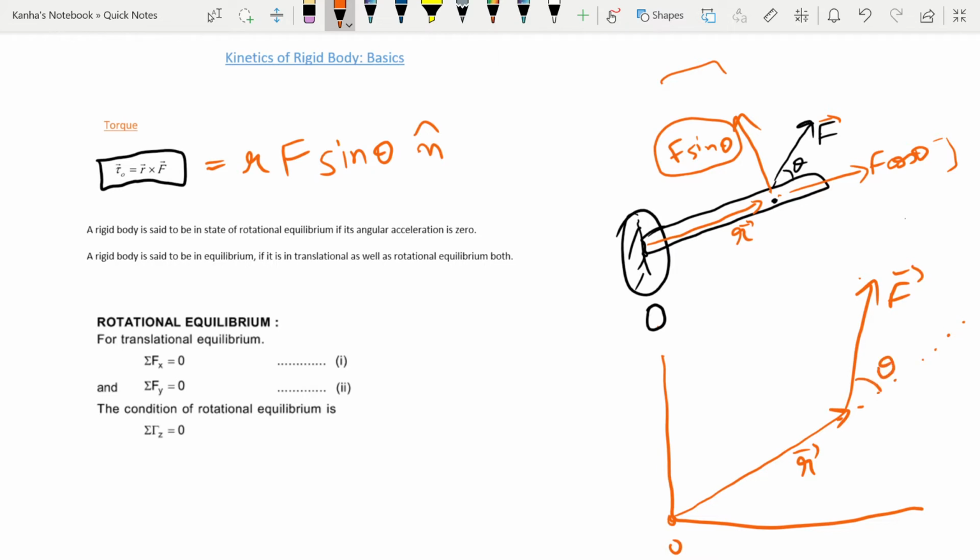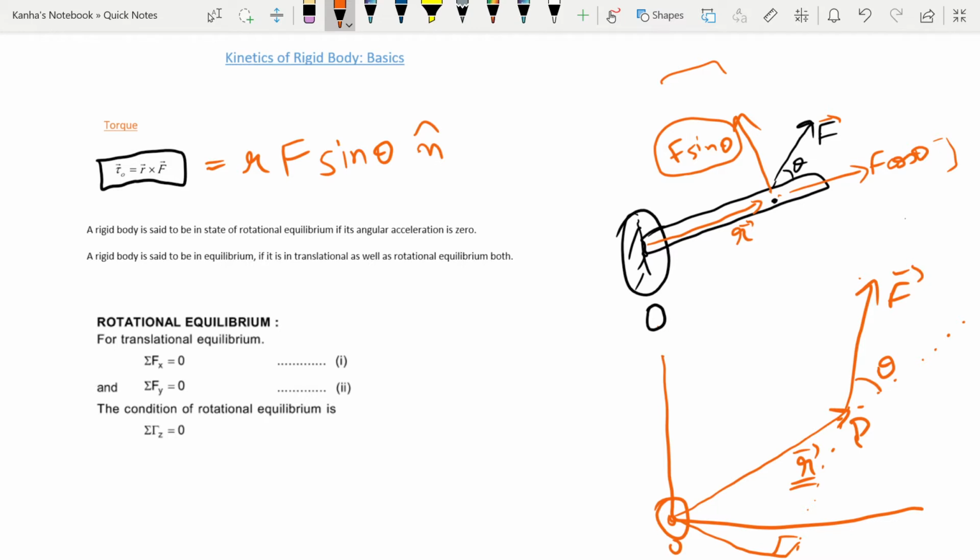You can make this triangle as well, with a 90-degree angle. So let's say this point of action of the force is P. So OP is my r, and then the force is given by F, and then you can easily calculate the torque about a point O. Sometimes this point will be on an axis, but even then, when you're trying to find torque about an axis, basically you're trying to find the torque about a point on the axis.